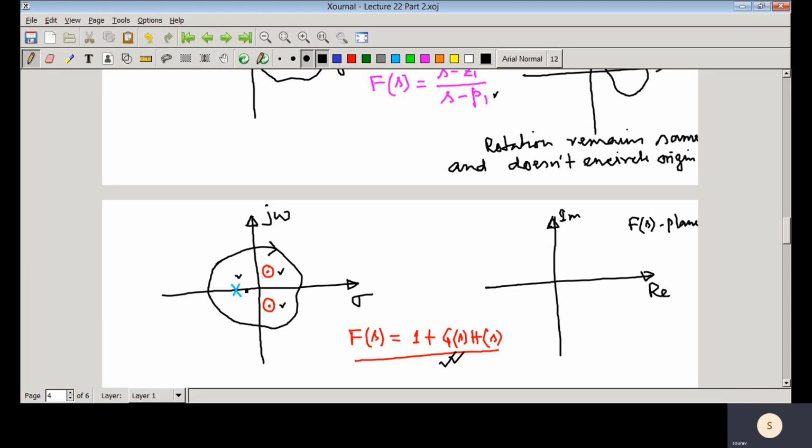So that's why it is an improper transfer function, it does not matter. We are just trying to understand how many encirclements there would be in the F(s) plane and whether it would encircle the origin or not. So we should not be confused with properness at this particular moment, but whenever we go for closed loop stability, always this F(s), or 1 plus G(s)H(s), would be a proper transfer function.